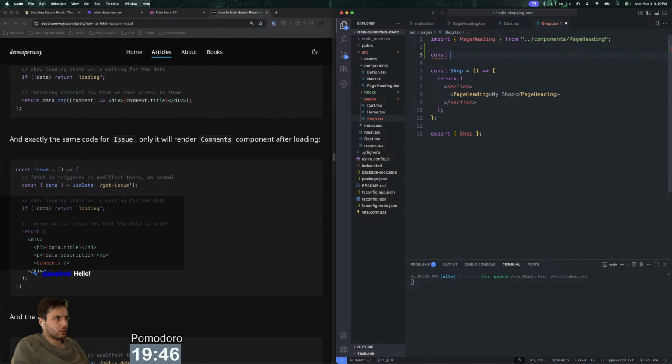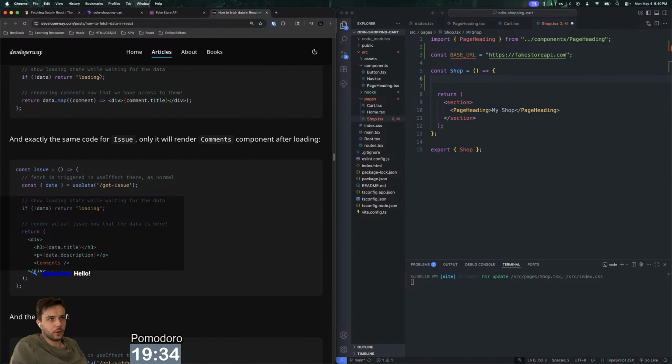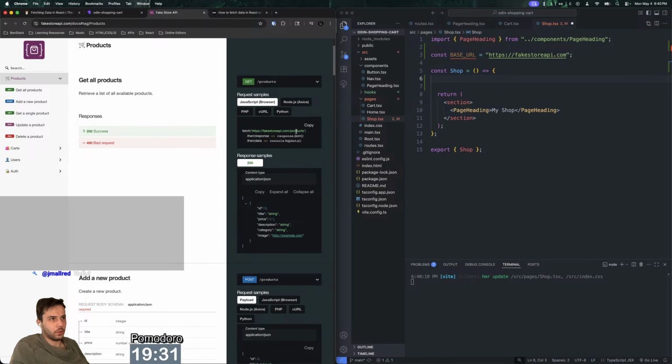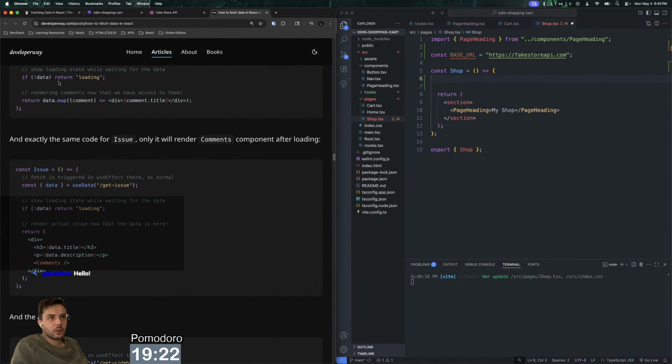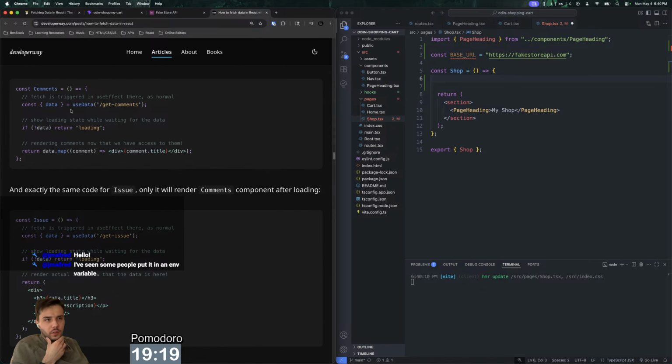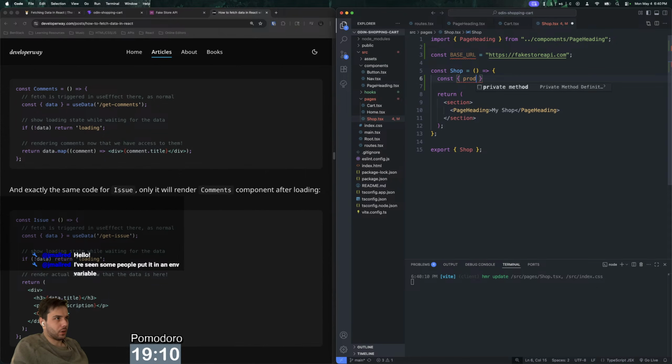Oops. Okay. And then we can get the data from that. I just want to see if this works. So we'll do a, I've seen some people put them in an env variable. Yeah, well, I'm not gonna screw around with env vars again. Let's just say product data. Actually, maybe I need to make it as data equals useData